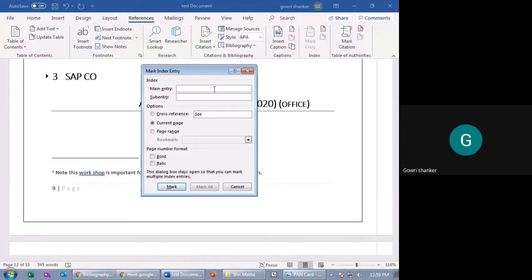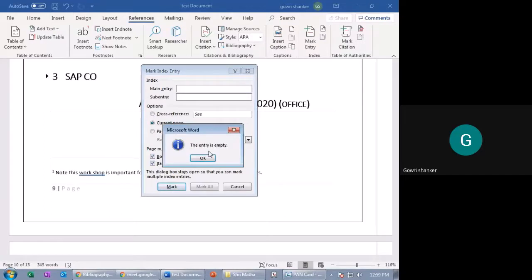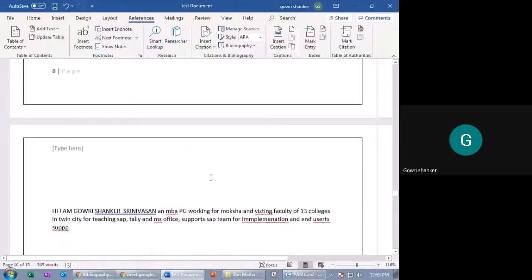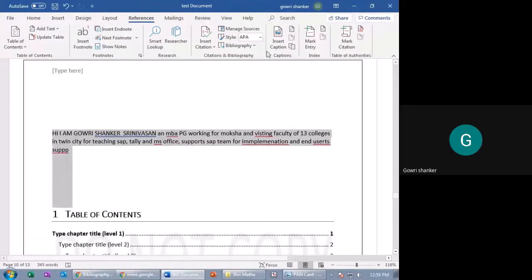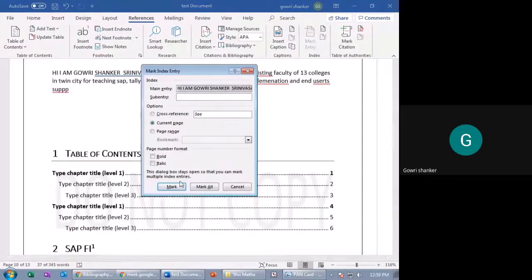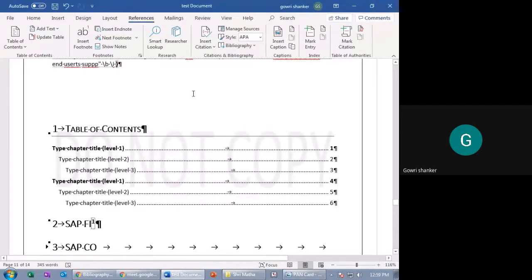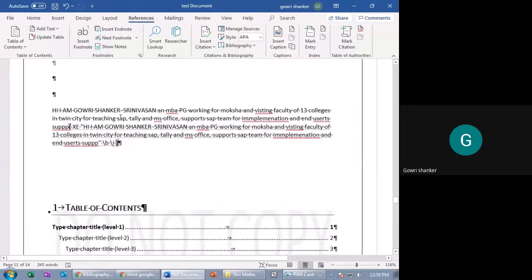This is main entry, bold, italic, mark. Let's see. This is cross references. See, okay. Now it is marked. You can see every page it has been marked.